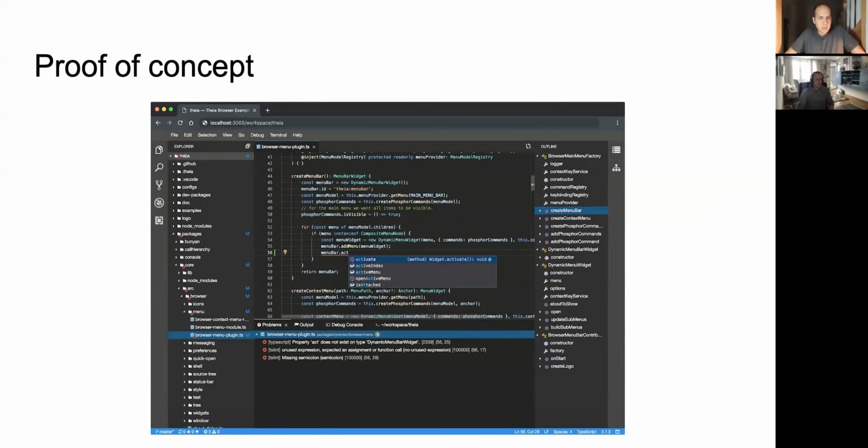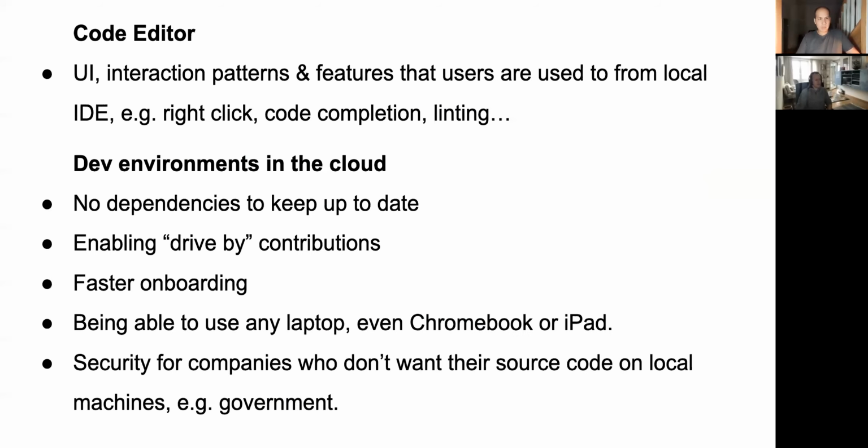We did a small proof of concept to actually see how Thayer could work. But what we really saw was all of these aspects I already mentioned a bit before, summarized, that could be solved. UI and interaction patterns, features, that's all nice. But we also have the amazing benefit of potentially moving dev environments into the cloud. This is what Gitpod has done, and Gitpod is heavily using Thayer, and they are even very much connected in the background. But it's going to bring you another kind of deeper level of Web IDE, basically,